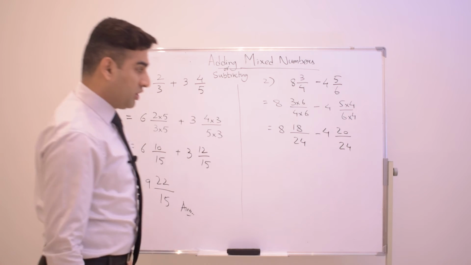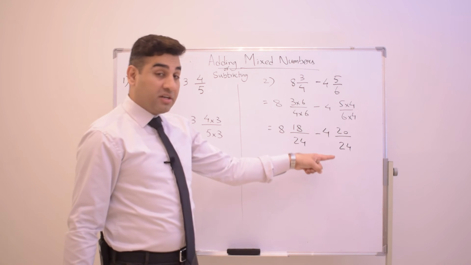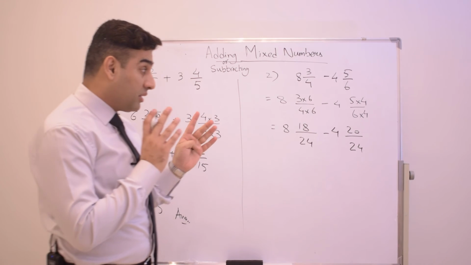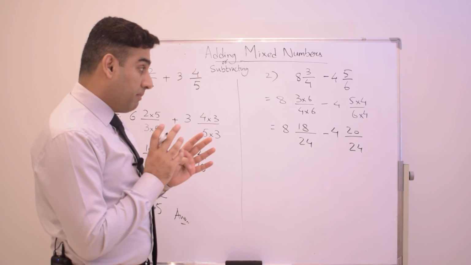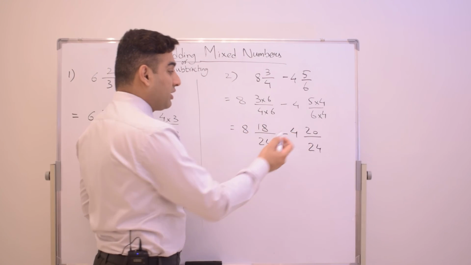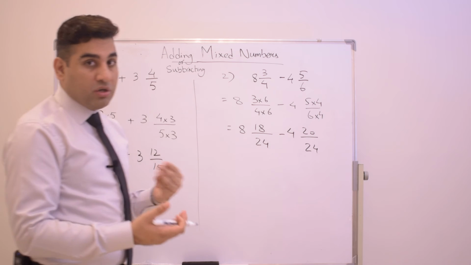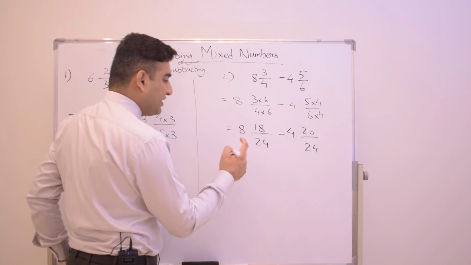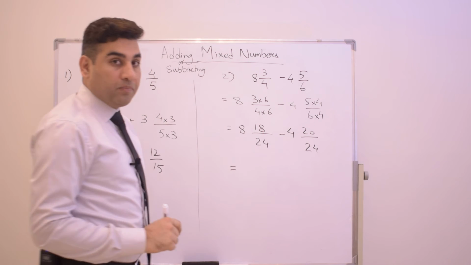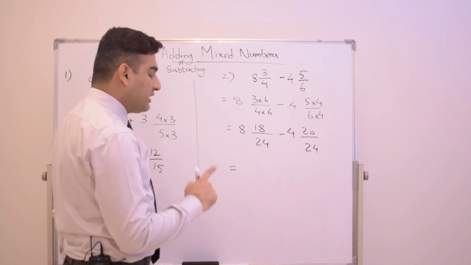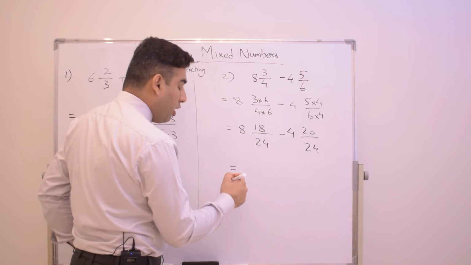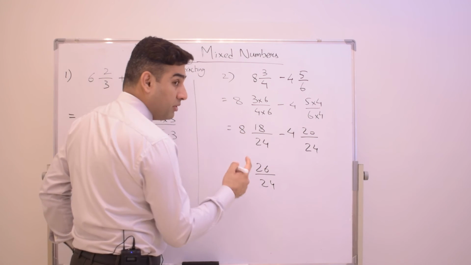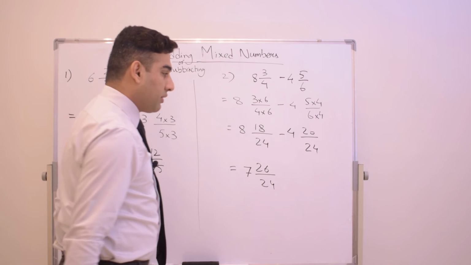Now guys, you can see in this situation that we have the same denominators, and we're going to subtract the two mixed numbers. But the very important thing here is that 18 minus 20, if you do the subtraction like this, maybe a negative answer will come. So keep your answer positive. We have one technique. What is that, guys? You add this number into 18. I'll tell you why I'm doing this. 8 plus 18, how much will it come? It will come 26 over 24, and this number make one less, that is 7.